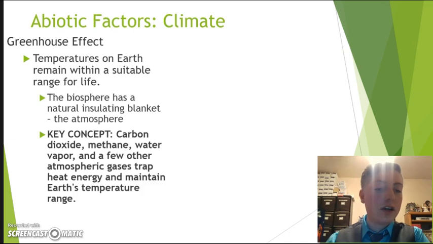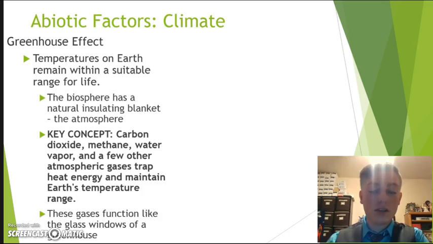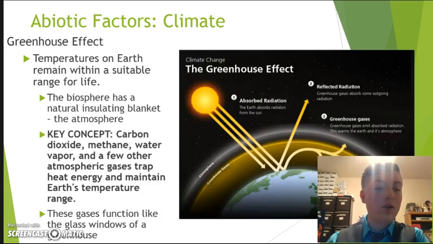So a key concept: carbon dioxide, methane, water vapor, and a few other atmospheric gases, these are our greenhouse gases, trap heat energy and maintain Earth's temperature range. These gases function like the glass windows of a greenhouse. I included a diagram for you guys here, so you can see that